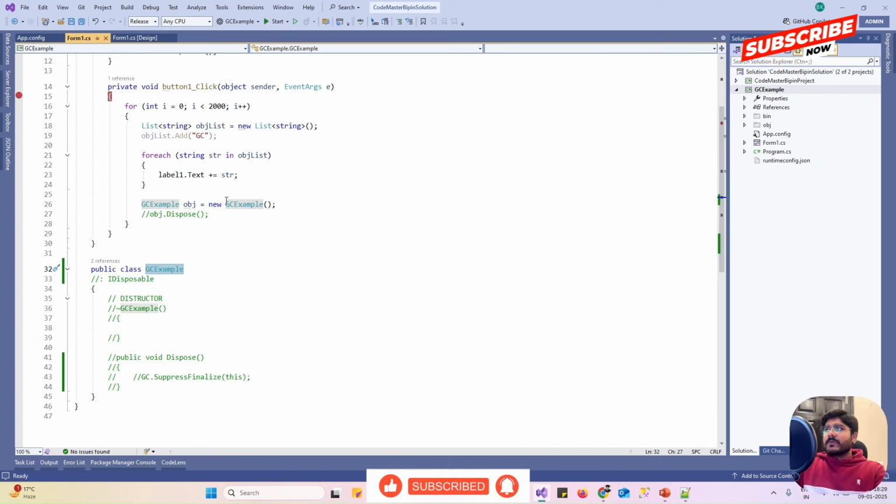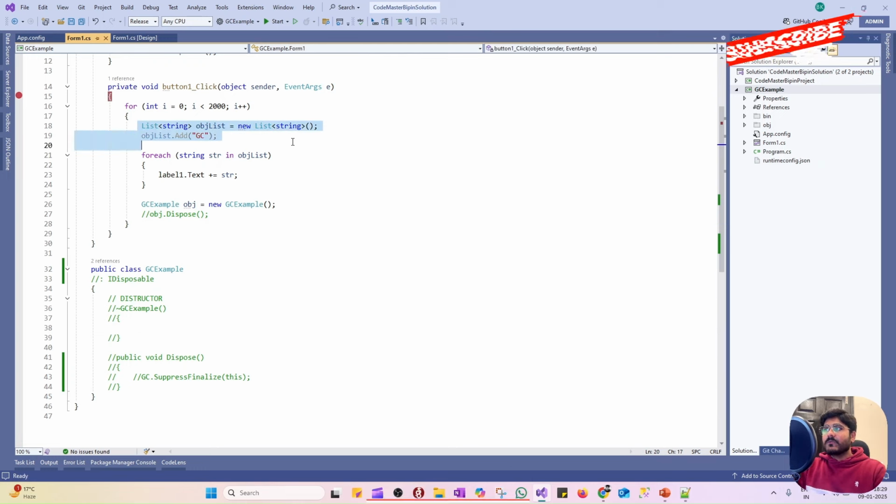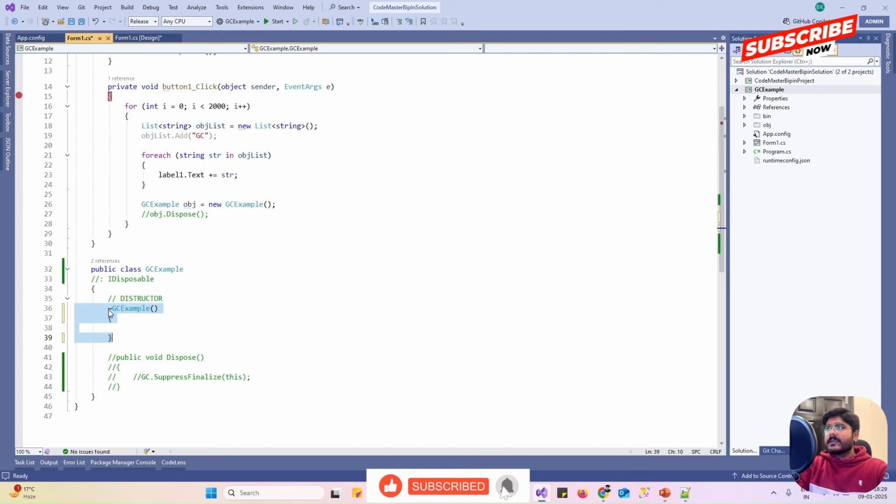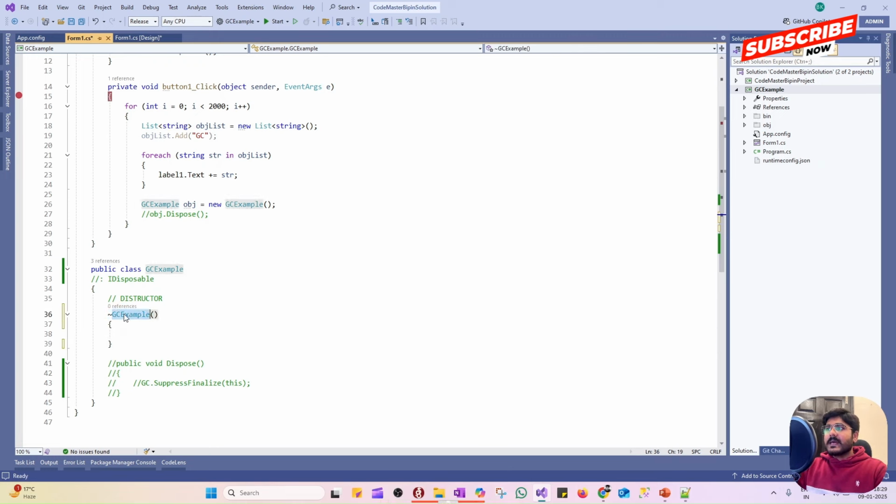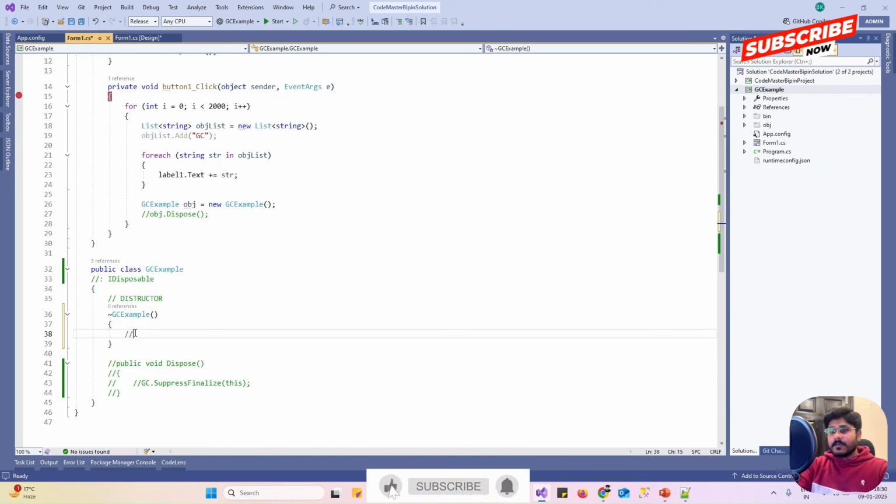So whenever I'm going to create an object of this GC example class, let's suppose I am creating any kind of object, let's suppose this list object I am creating over there. The first option is using the destructor. So how can we define the destructor? First of all, we need to define a tilde sign, then the class name. That is how we can define a destructor, and inside the destructor we can destroy the unused